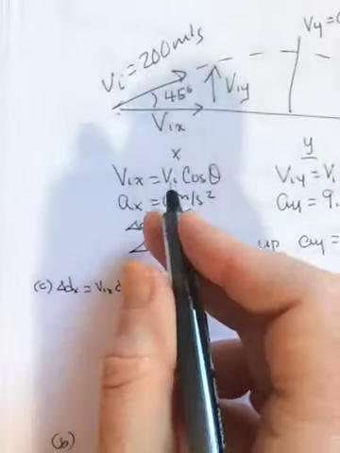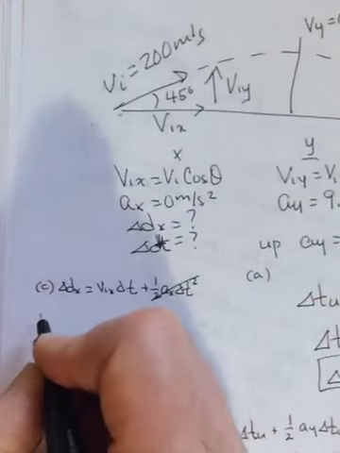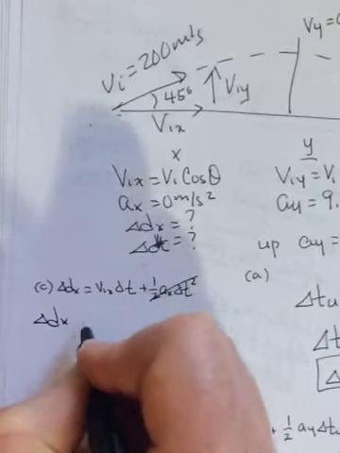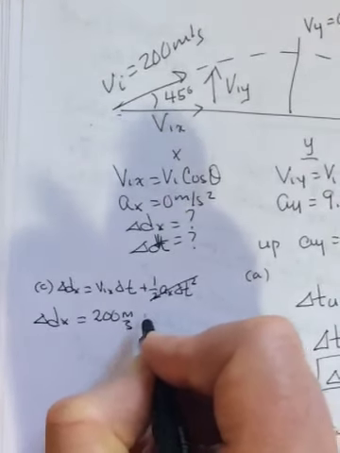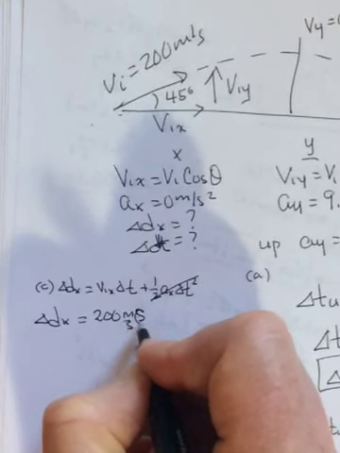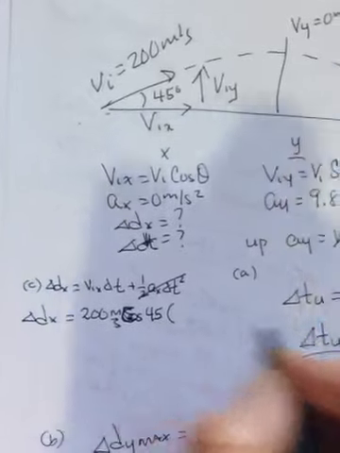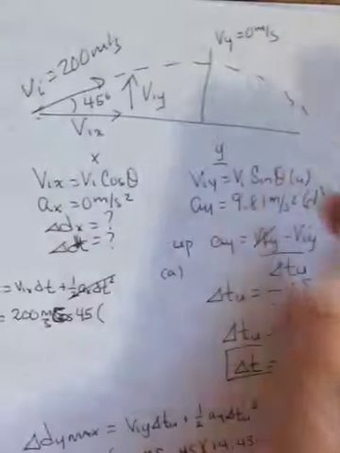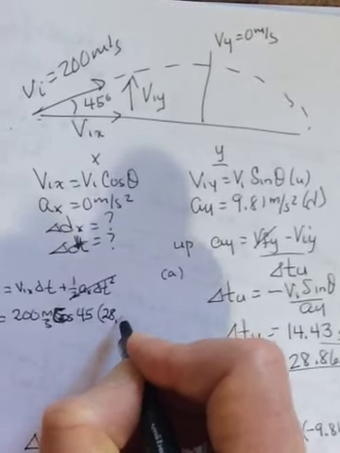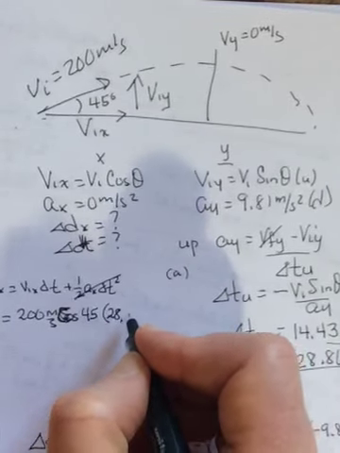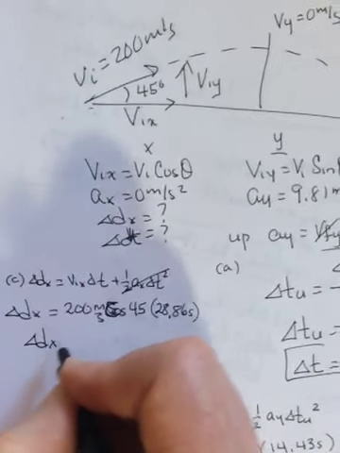And so my VIX is VI cos theta. My AX is 0, so this disappears. So it's going to be delta dx is equal to 200 meters per second. Cos, it doesn't really matter because when it's 45, they're the same. And then this time, I want how far forward. I need to use the whole time. So 28.86 seconds, and I get a delta dx